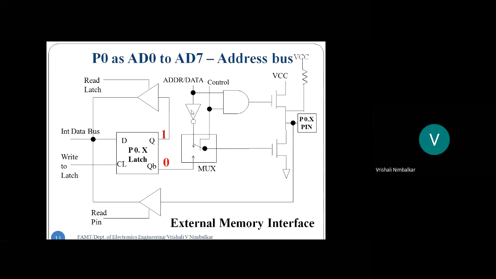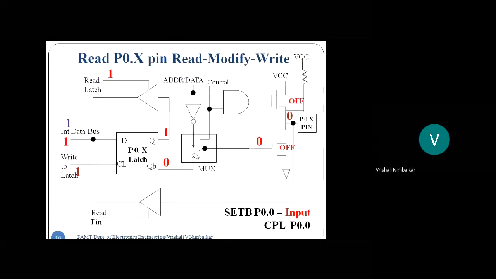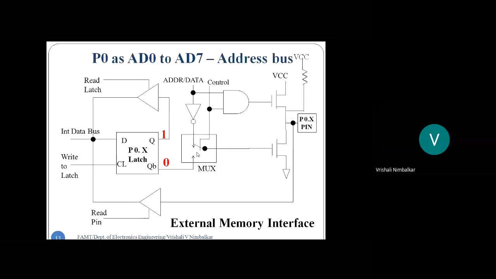Now, whether they are address data pins is decided by that middle circuit. Look into that inverter, the AND gate, and the multiplexer. Whenever there is an external memory interface, can you see that switch? The multiplexer switch gets connected to the upper address data bus. Earlier it was at the downside, where it was functioning as an IO pin. Now it functions as an address bus. It automatically gets connected to the address bus, and this is done by the control signal.